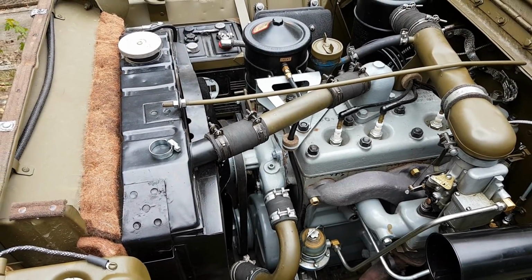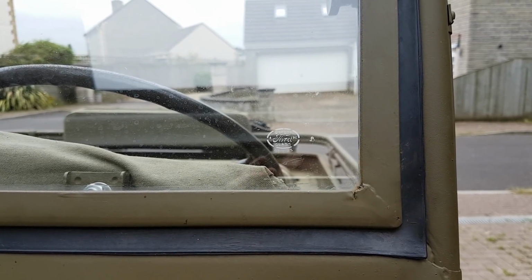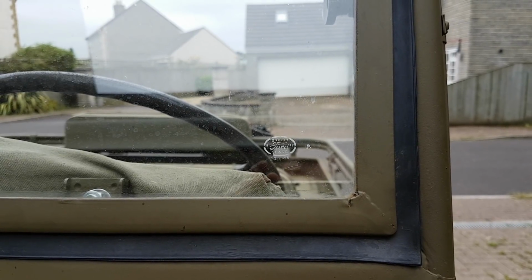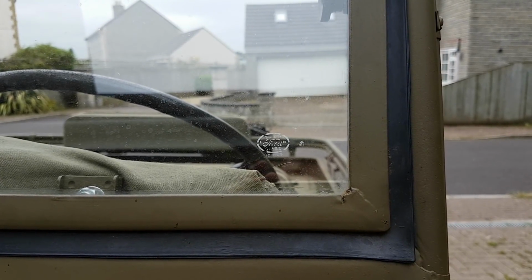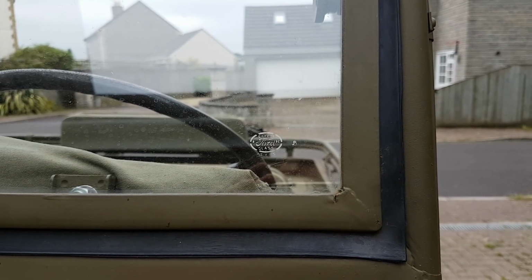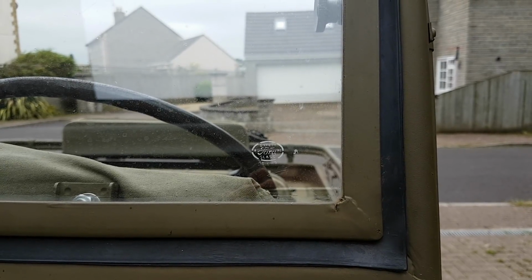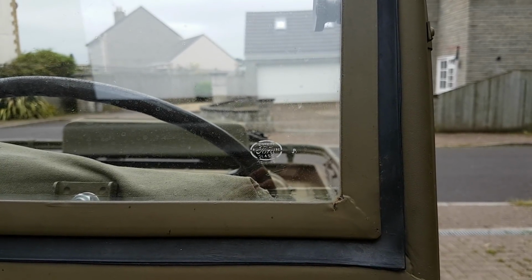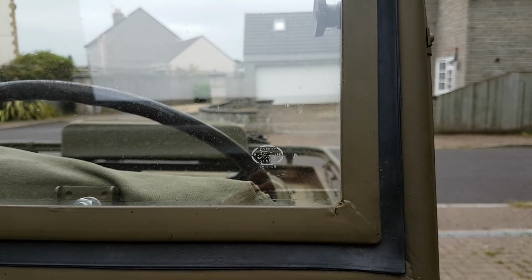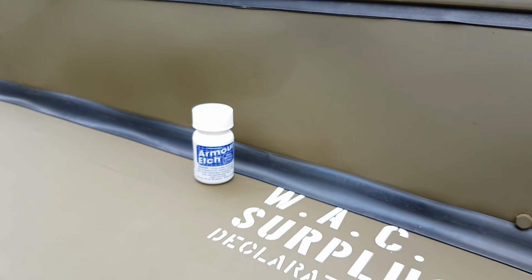So that's number 2. Next tip, guys, then is this one here. So this is number 3. This is a really straightforward and easy one to do, and it makes a difference between your Jeep looking okay and looking pretty damn good. So a tiny little thing like this is fitting the stencil or doing the stencil for your safety glass, okay? So in World War II, the Fords had this and the Willys had a slightly different one. You can get these stencils online on eBay and things like that, and from Ron at G503, and you can do that yourself. So what you get hold of then is a pot of that in the corner, Armour Etch,